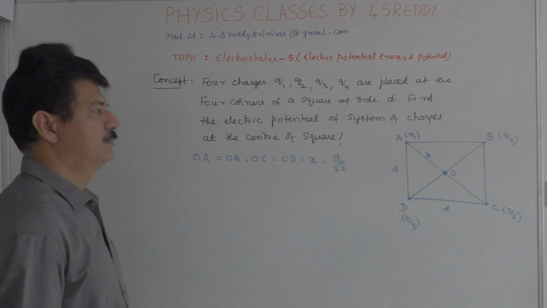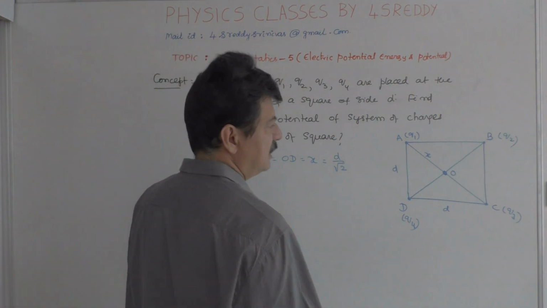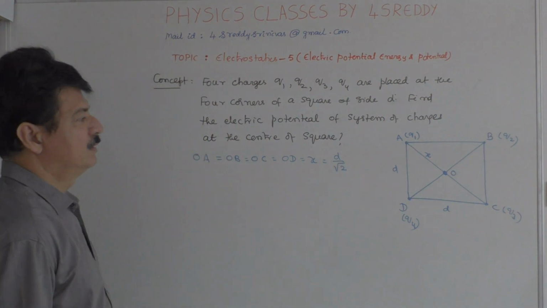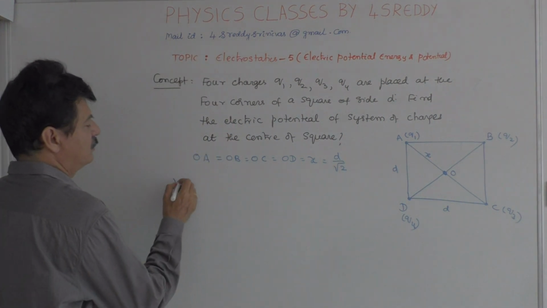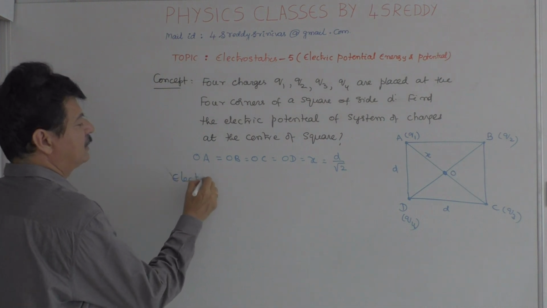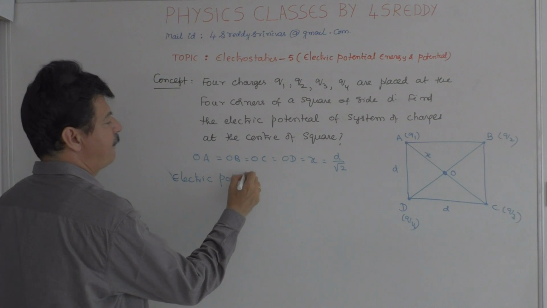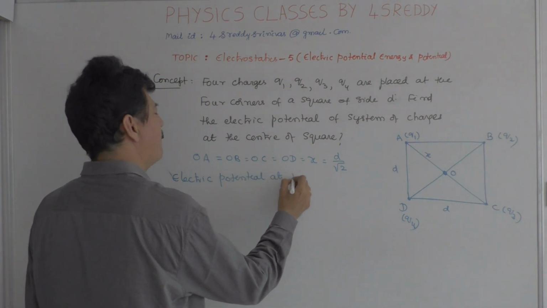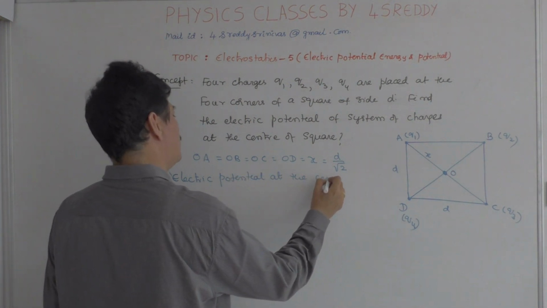Because AC by 2, which is nothing but root 2 D by 2. Therefore, V, the electric potential at the center of the square,